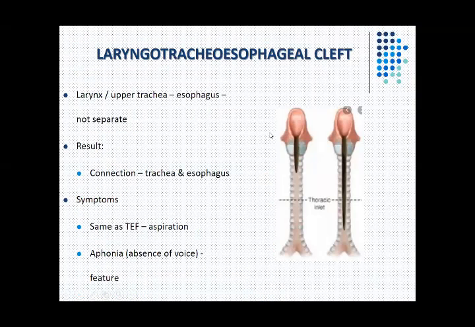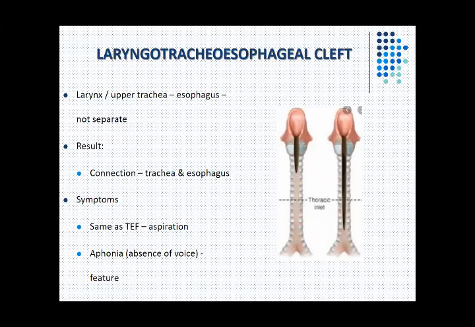ओके, laryngotracheal clefts की बात कर लेते हैं बेटा। वही जो हमने पहले किया था, it's a long communication between the larynx and the trachea with the esophagus. Anteriorly larynx और trachea है and posteriorly esophagus है, इनके दरमियान ये communication। अभी पहले जो हमने किया था, this is part of the TE fistula। उसमें सिर्फ trachea और esophagus के दरमियान communication थी। यहाँ पे larynx और trachea दोनों involved।